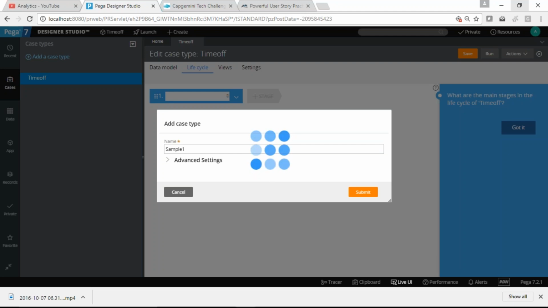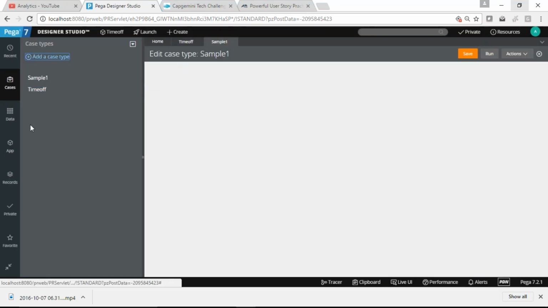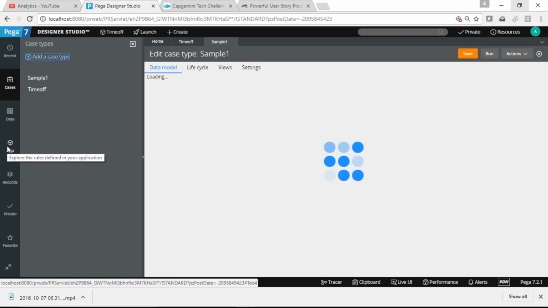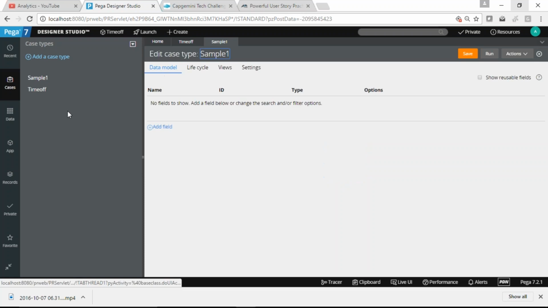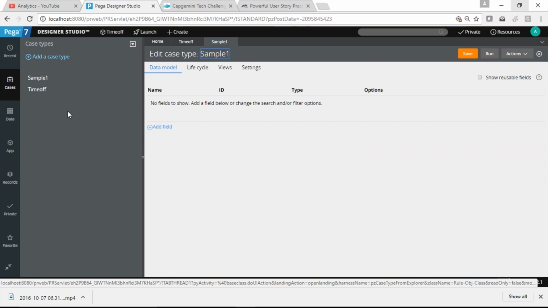So you are making a case under the application time off, right? Yes, that's right. We should have given a different name for the application. I gave the same name, time off and time off, so the class structure becomes time off and time off. We should give HR services as the application name, so that we can include many more applications within HR services. But now it was given the name time off, so it will have the same structure within it.